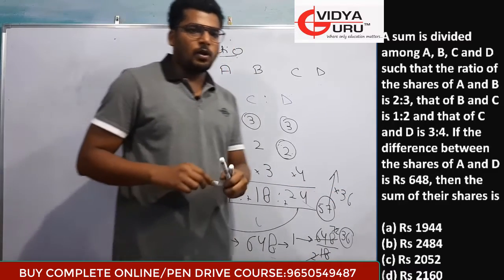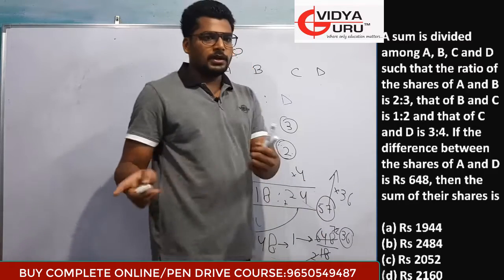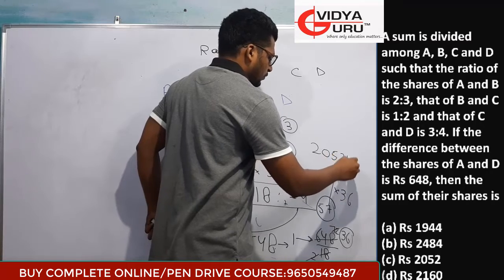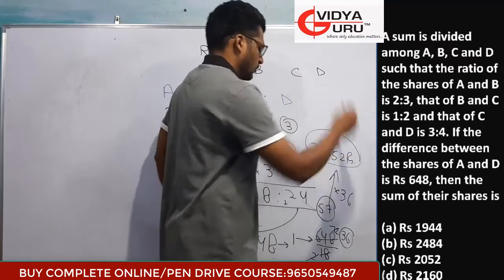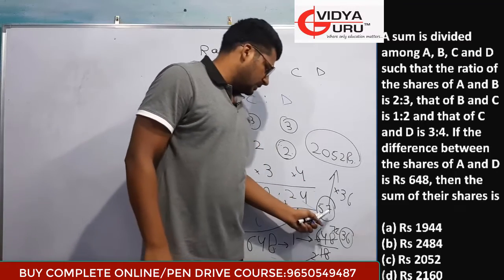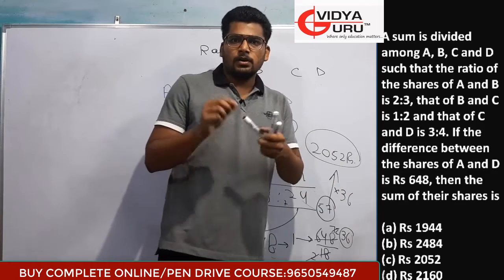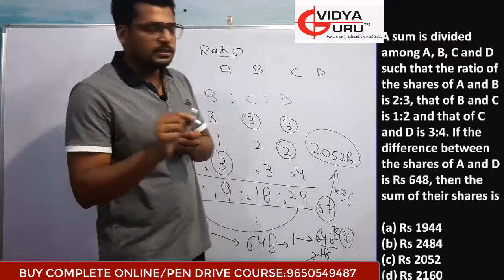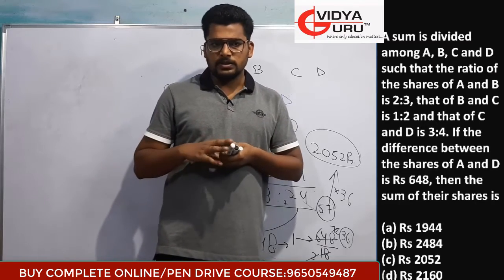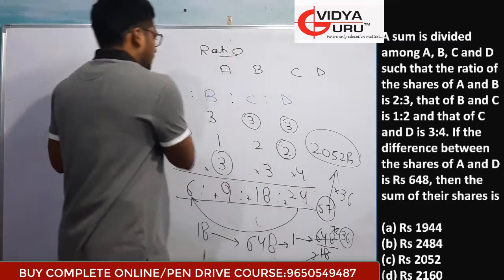If I check the options, the unit digit will be 2. 7 6 are 42. So in option number C only the unit digit is 2. So the answer will be 2052 rupees. We have not calculated, we have not multiplied this, but just by unit digit. 7 6 are 42, 2 will come at last. So in only option number C, the unit digit is 2. So it will be the correct answer. It was a very good and interesting question. So let's move on to our next question.